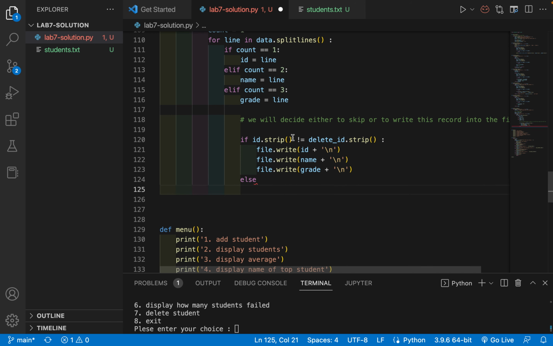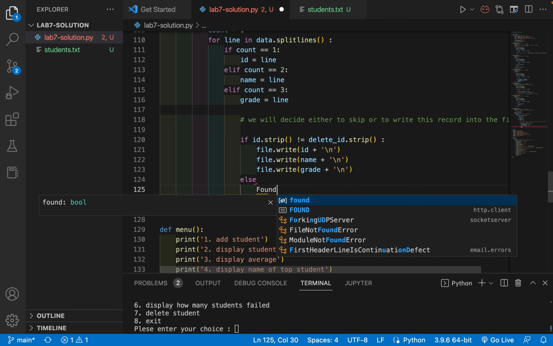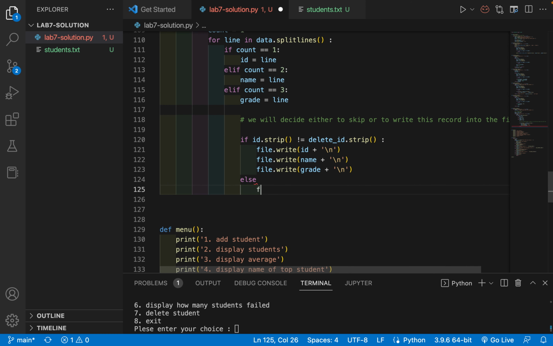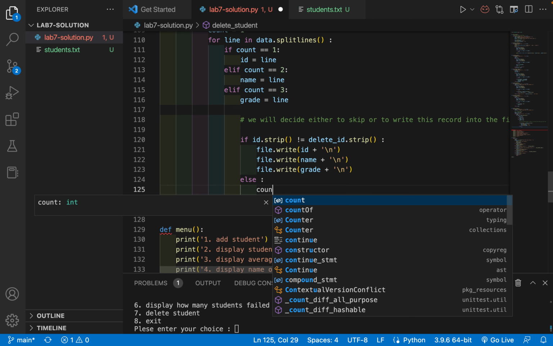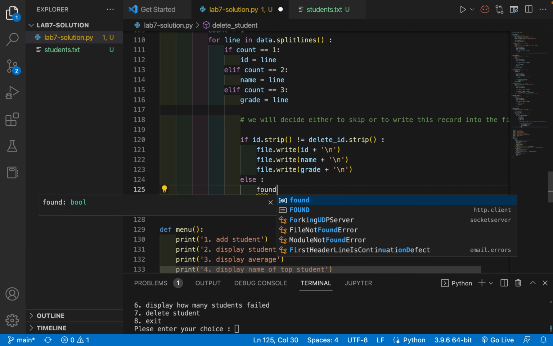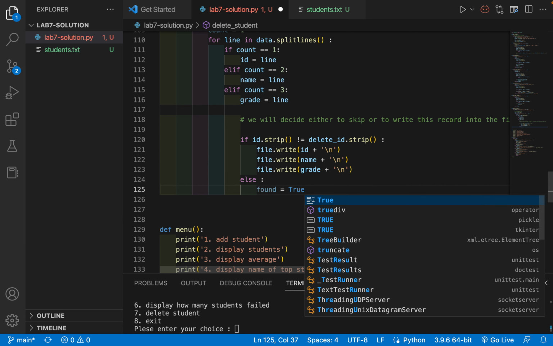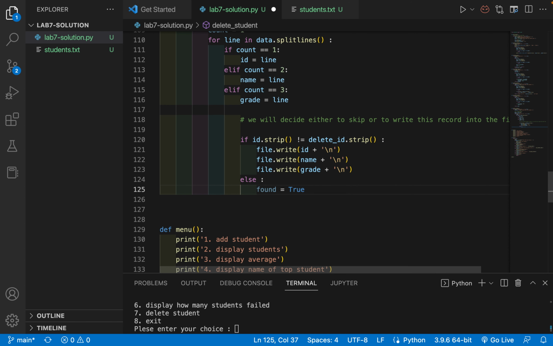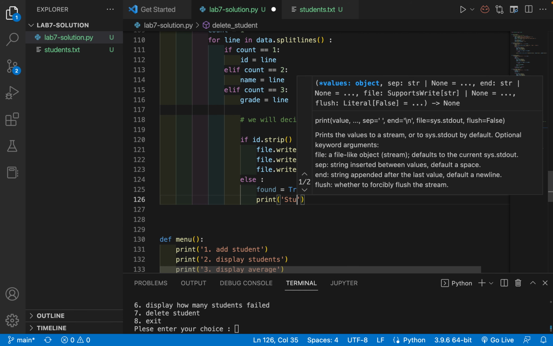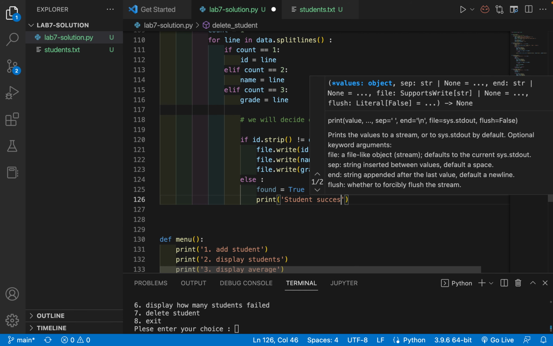Which means the ID will be the same as the one they want to delete. So we found the student. So we'll say found, else we'll say found equals to true, because we found that student that we wanted to delete. And we can also print student successfully deleted,